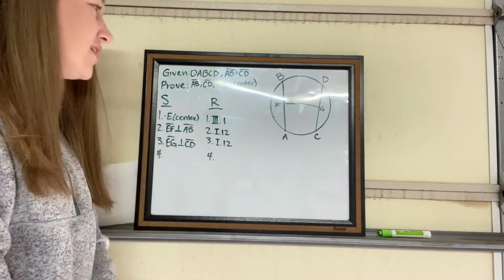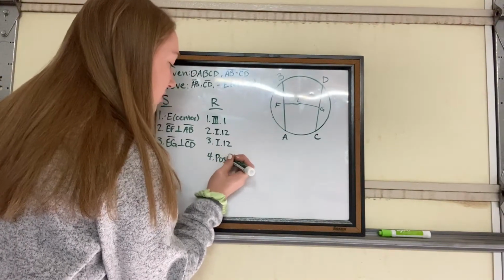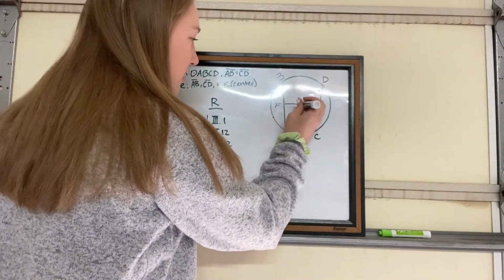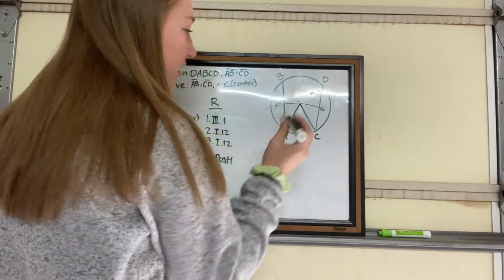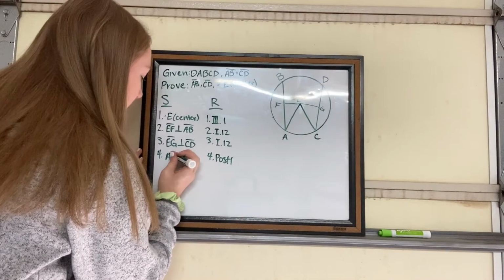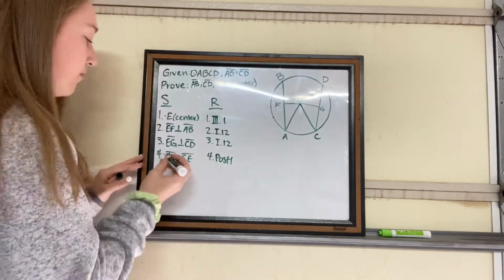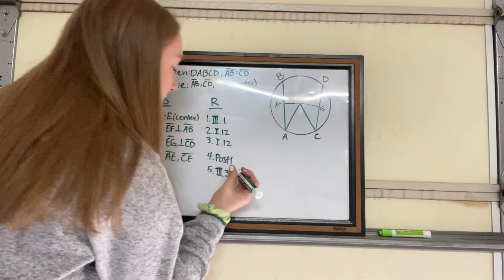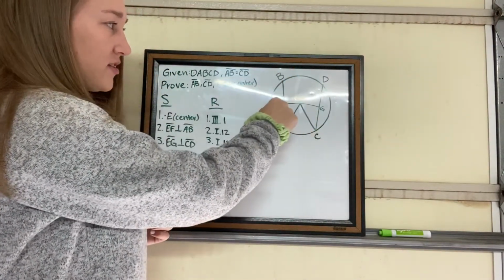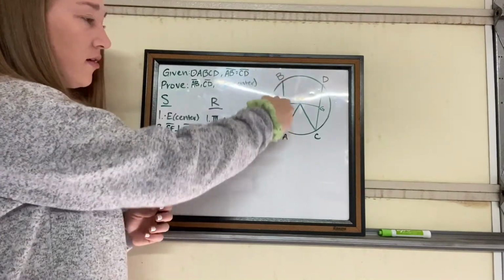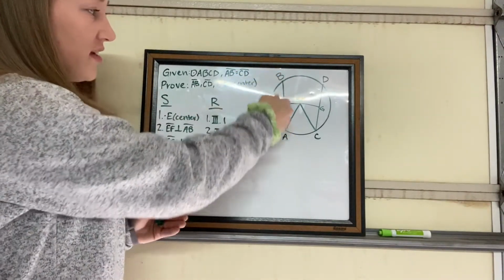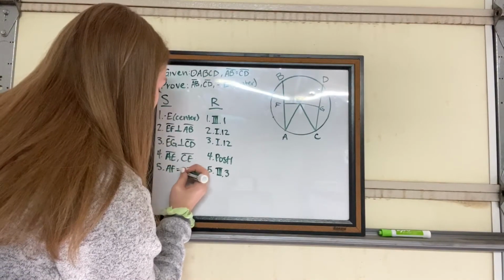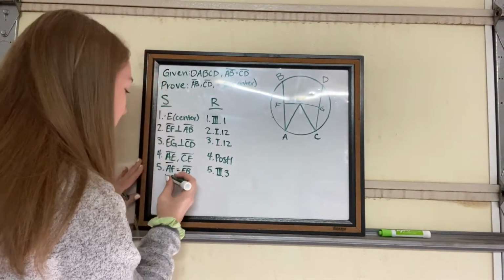His next step, his reason is postulate 1, which says you can connect any 2 points with a line. So he connects AE and CE. So we're going to say line AE and line CE. Okay, next he uses Book 3, Proposition 3, which says that in a circle, if you have a line from the center that is bisected by a line not in the center, and it cuts at right angles, then this line is bisected. So he says that AF is equal to FB, and he also says that